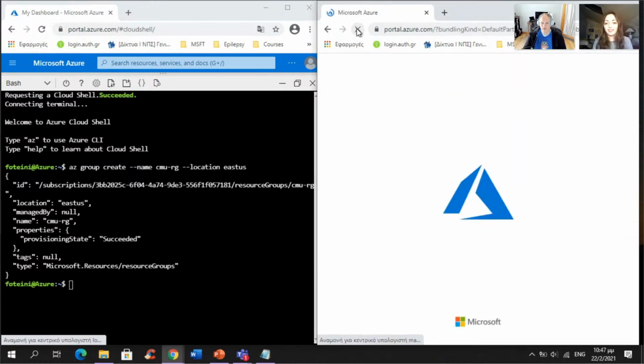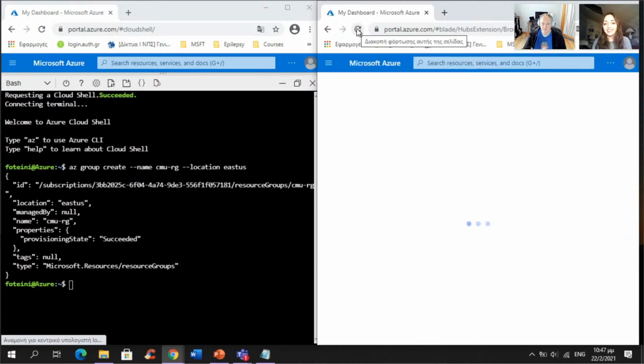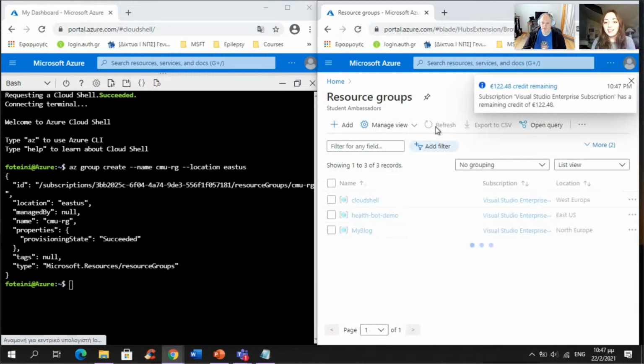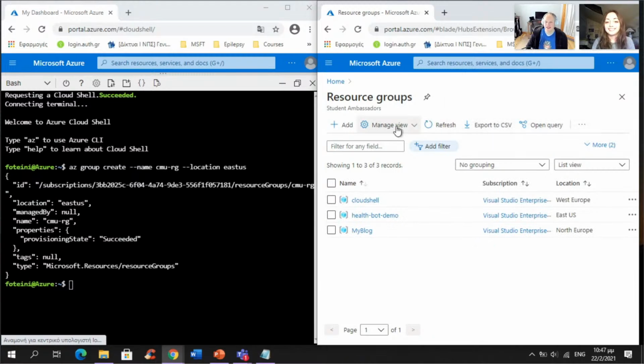So I will refresh the window. Okay, nothing happens. Sometimes it takes a little bit of time to catch up with what you've run. That's all right. Yeah. We can check back in. I think if we move on a little further, the portal will catch up. Yeah, I will move to the next step, which is to create a new virtual machine using the az